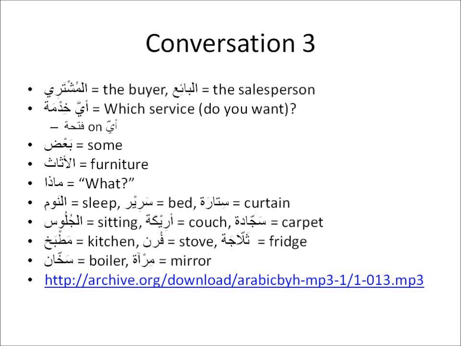So something I want to note here. The seller says in picture number 2, أي خدمة. So he said أي, and أي had a fatha on it. And if you saw in the previous conversation, the renter said في أي instead of أي. And we know that في أي is because في is one of those words that always makes the word after it take a kasra. Here we see أي خدمة, and we don't see anything before it.